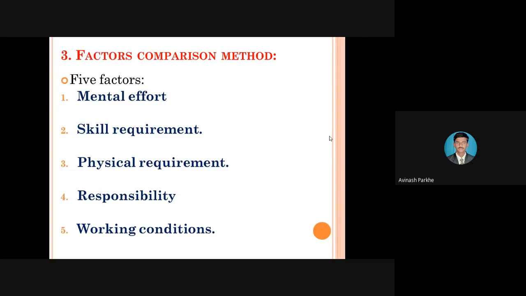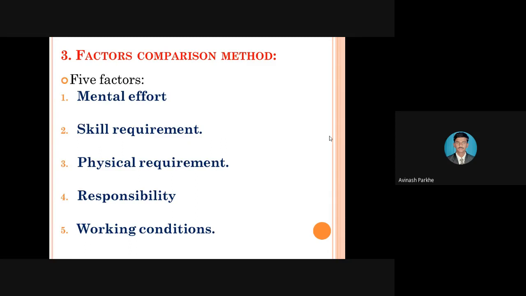So that's why the comparison of the key jobs and the comparison of other jobs will be taking place, and based on that comparison also the evaluation of the job will be taking place. If I am comparing the remaining 90 jobs with the key 10 jobs, whatever the 10 jobs I have segregated, they are very accurate, their dimensions are accurate,